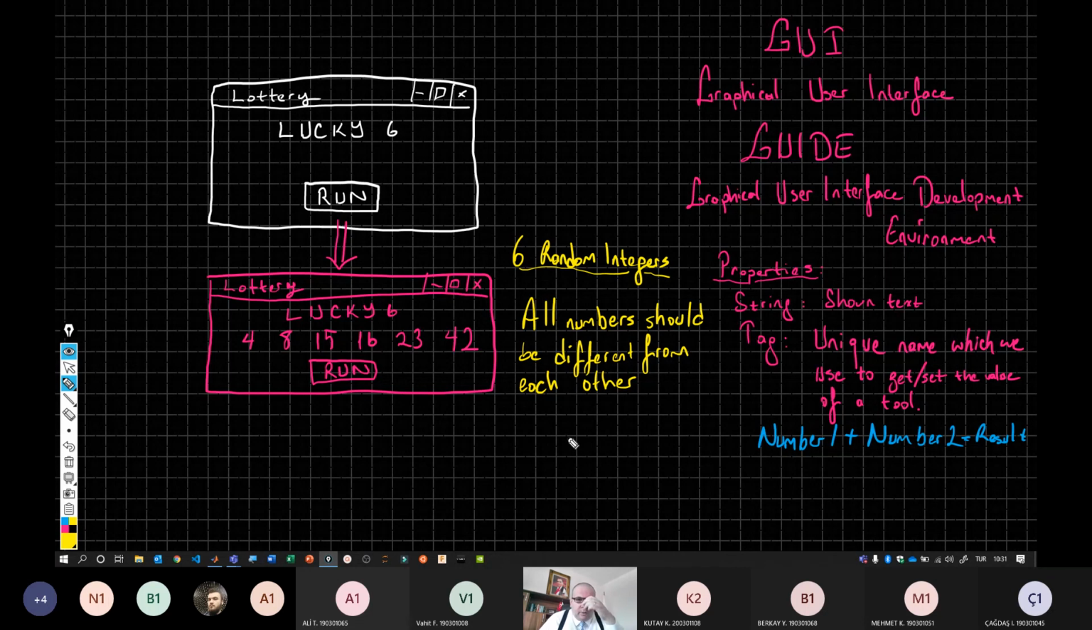And all of them must be in an ascending order. So from left to right, like this. From left to right, these numbers should be in an ascending order. Ascending order. So the smallest number will be on the left side and the largest number will be on the